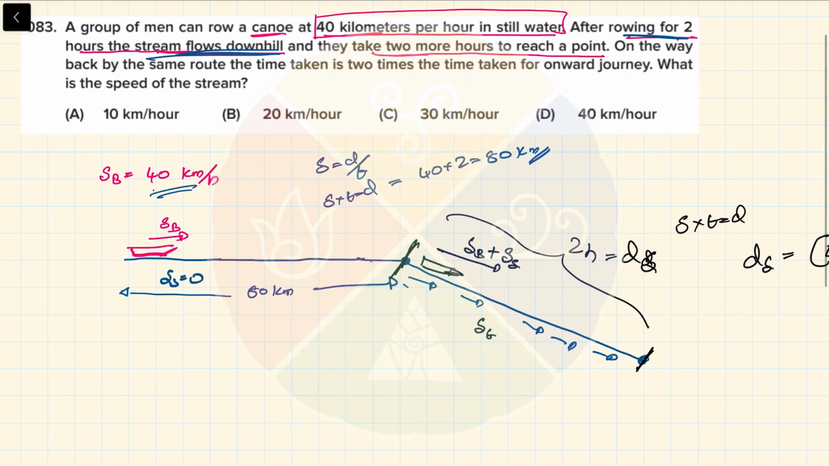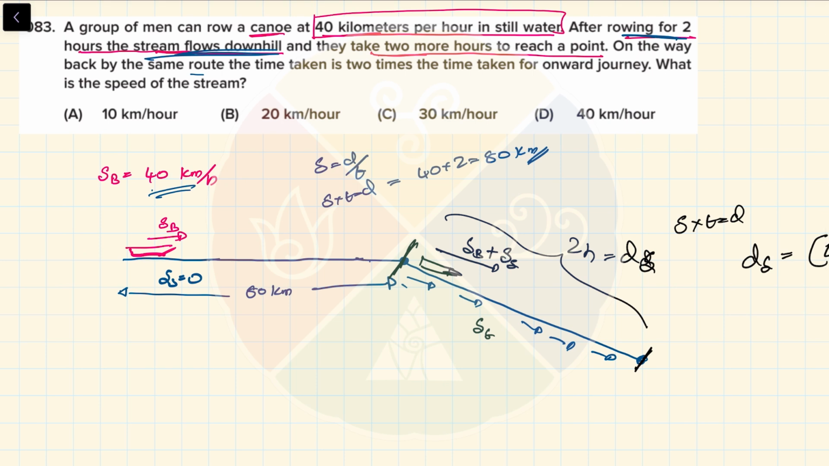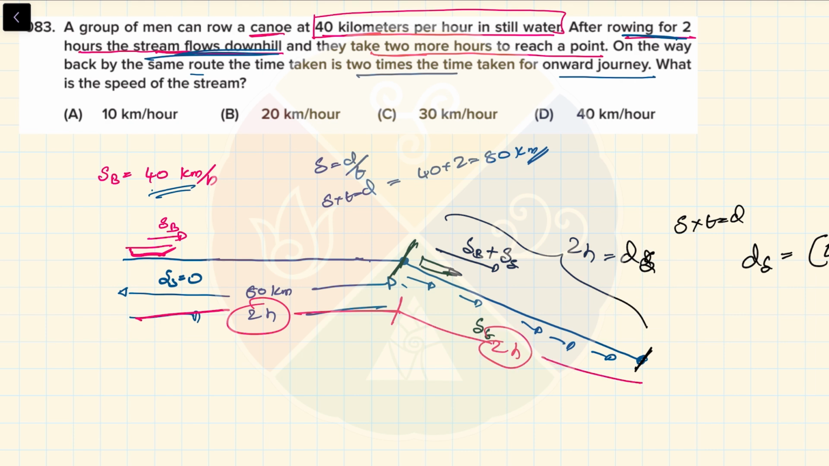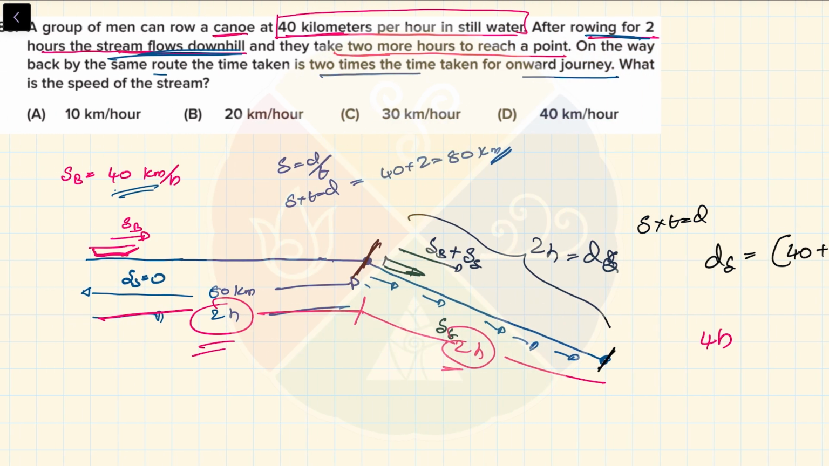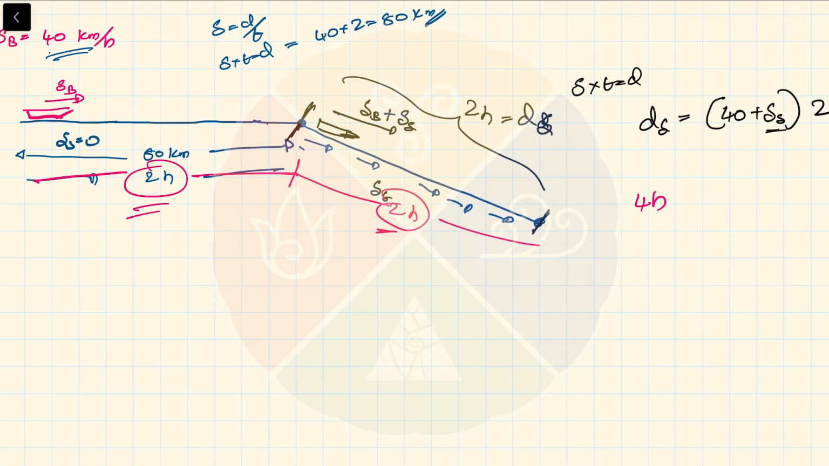The remaining part of the problem: on the way back the same route, the time taken is 2 times the time taken on the onward journey. On the onward journey, it took 2 hours in this part and another 2 hours in this part, so the total time taken was 2 plus 2, 4 hours. Now on the journey back on the same route, they took double this time, that is 4 into 2,